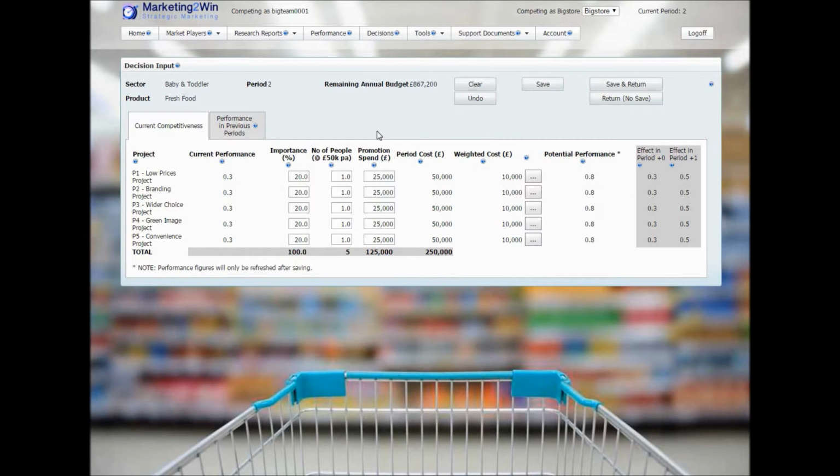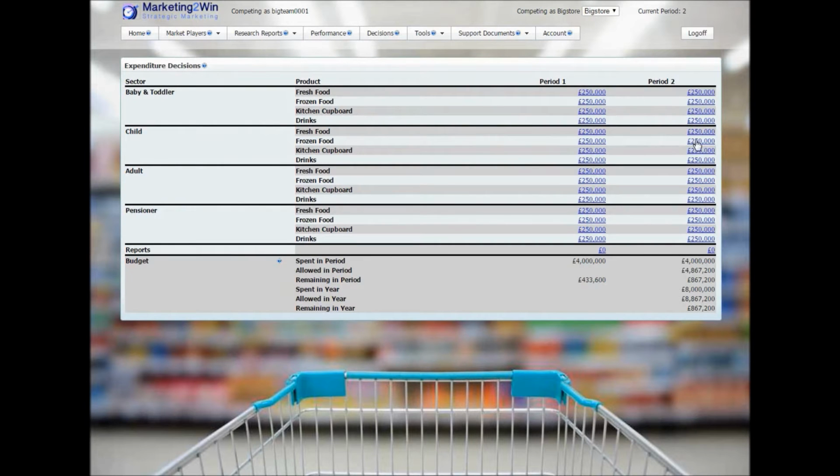So once you've done that segment, once you're happy with your decisions there, then you can go back to the other screen. I'm just going to hit return no save because I've already hit the save button anyway. That returns back to the previous screen, and then I can go to another segment and work on that one. Once I've worked on as many segments as I wish to, and made sure I've done that before the first deadline, then it's done. And then you can sit back and wait for Market2Win to close the decision round, and then pretty soon after we've closed that decision round, you can look at the results and see how you're performing, and then start that whole process again in the next decision round of reviewing your performance, discussing the strategy,